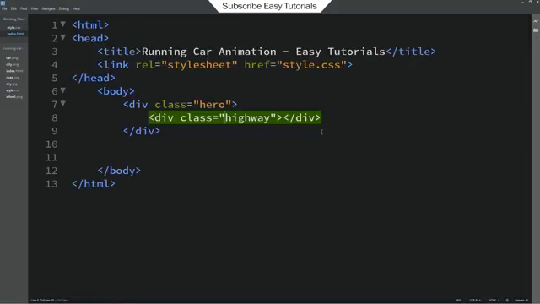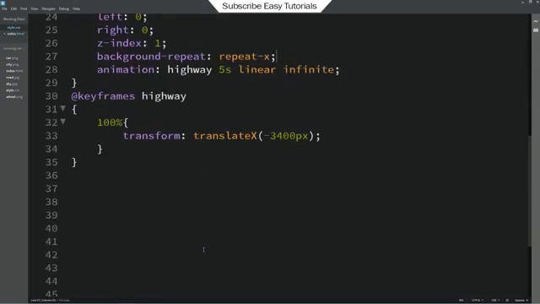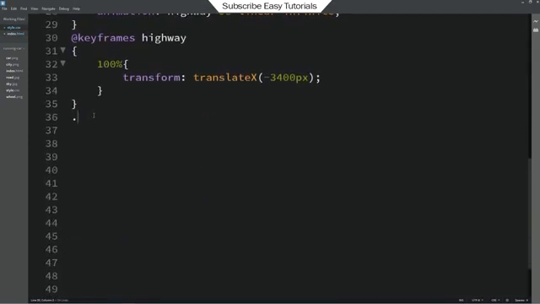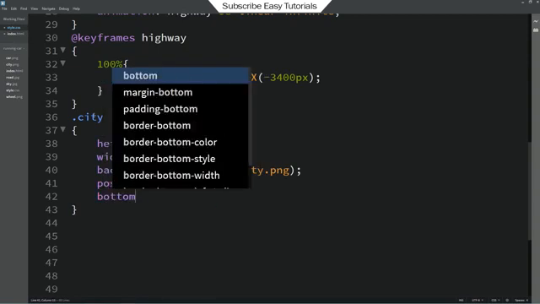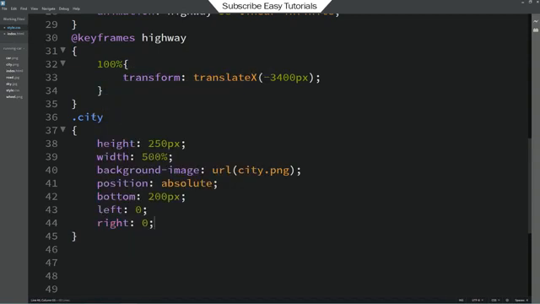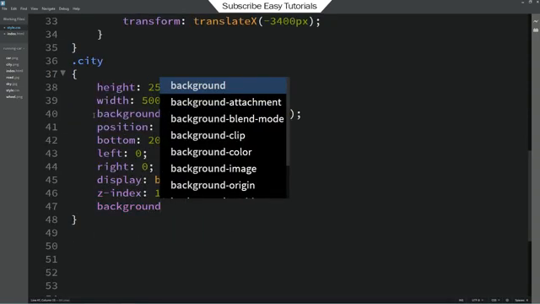Again we will come back to the HTML file and just duplicate this line and change the class name. So this one will be city. Just copy this class name city and come to the CSS file. Write city here, and again here we'll add height and width, background image, position will be absolute, bottom 200 pixel, left 0, right 0, display block, z-index will be 1, and background repeat x,